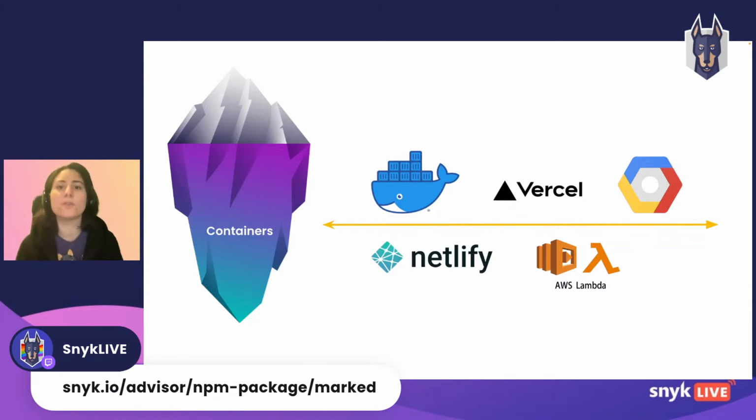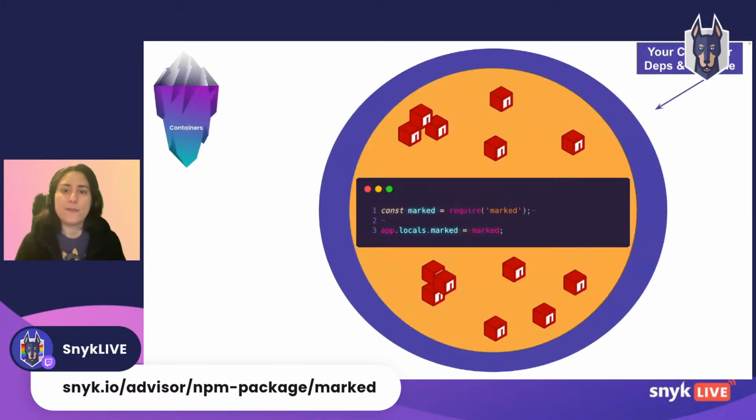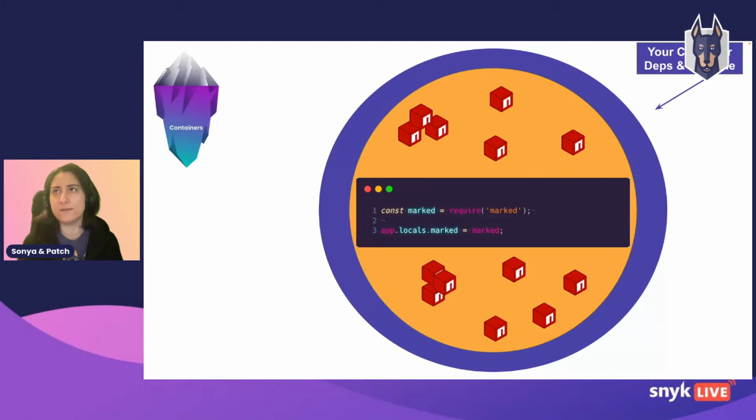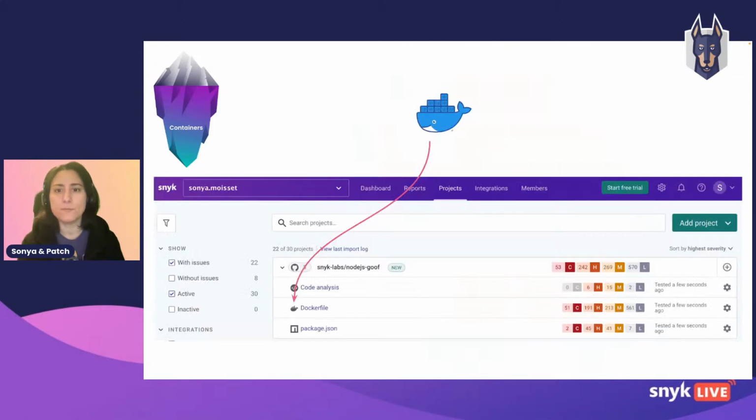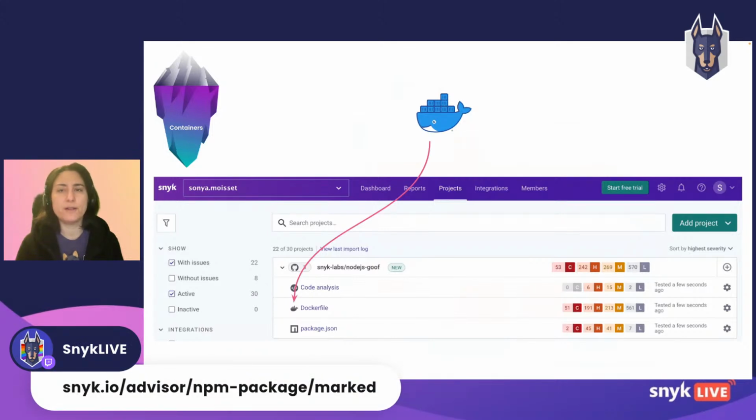If we're using Docker, we're adding a Dockerfile now in the equation, which has metadata about your project. And this is adding an additional layer for a modern application, because we're running our application as Docker images, and this actually adds complexity and increases your attack surface, as you can see here. So the good news is Snyk can also help you scan your Dockerfiles. So again, if you have a Dockerfile in your project, this will appear under your project when you import it.